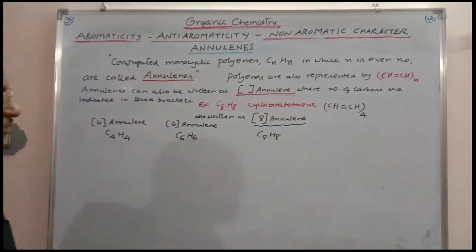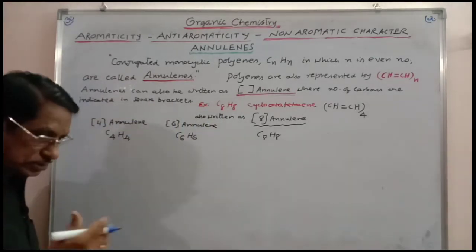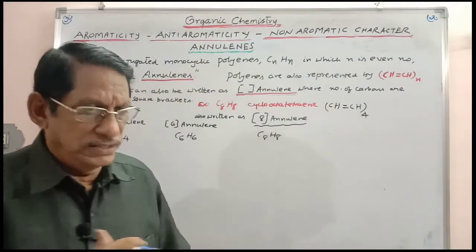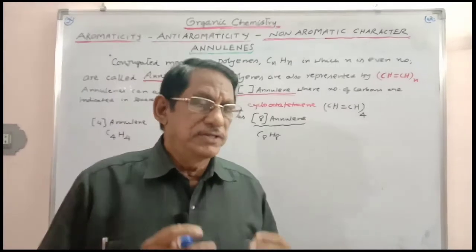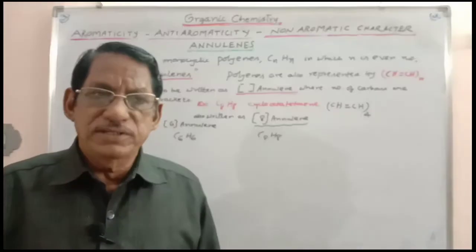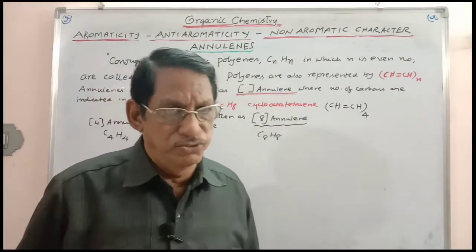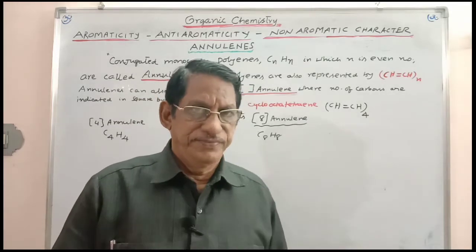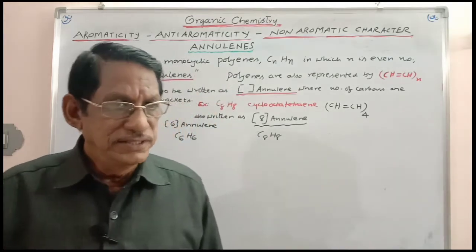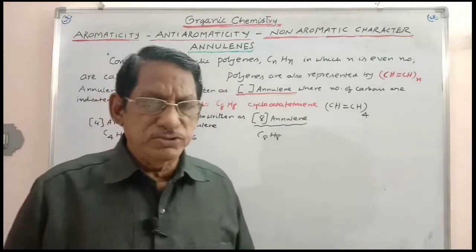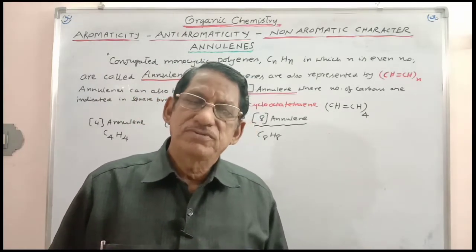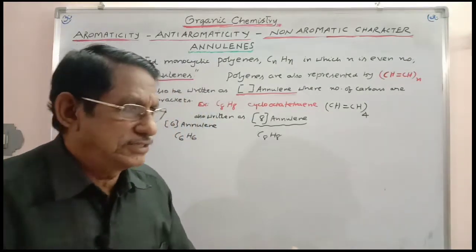Up to this section, now let us consider which is aromatic, which is non-aromatic, which is anti-aromatic. For all these cases also, Huckel's rule is applicable. That annulene which satisfies Huckel's 4n plus 2 pi electron rule is aromatic. That which satisfies Huckel's 4n pi electron rule is anti-aromatic. If these two conditions are not satisfied, automatically it becomes non-aromatic.